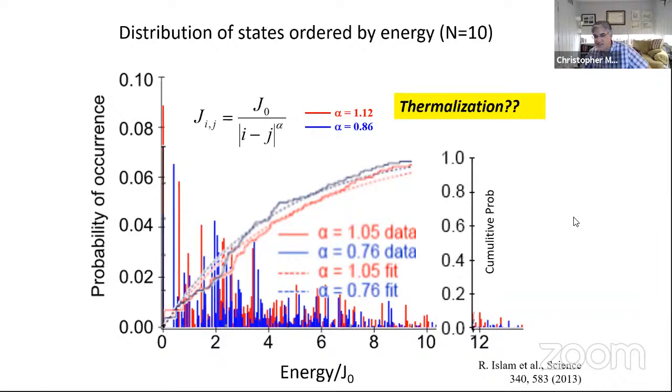We only have 10 spins here. How can they thermalize? It's a closed system. Well, there's a lot of entanglement going on, and the way we think about it, I'll talk about this a little bit, is that the model of thermalization in a closed system is that with entanglement, any subsystem can thermalize with the rest of the system. That's formally how we think of thermalization in a closed system. And there's some very deep math of why you might expect that to be exponential, but I'll just leave this alone